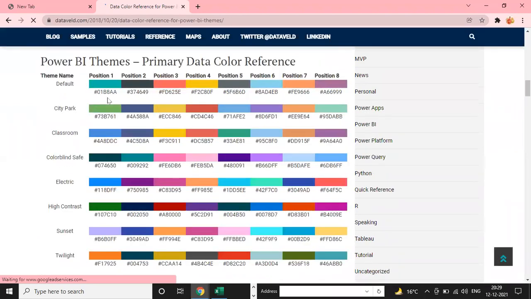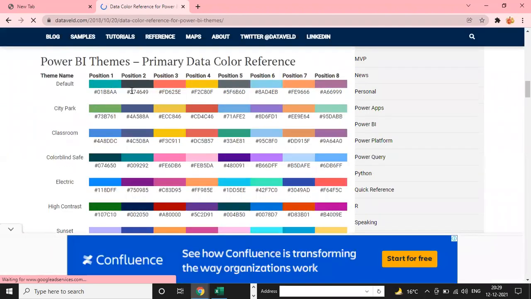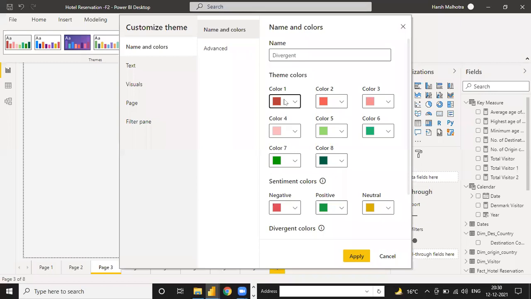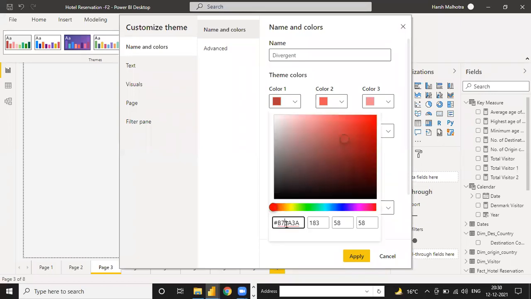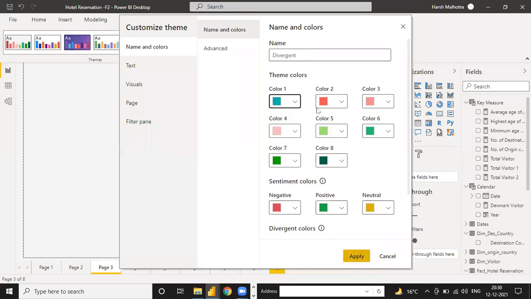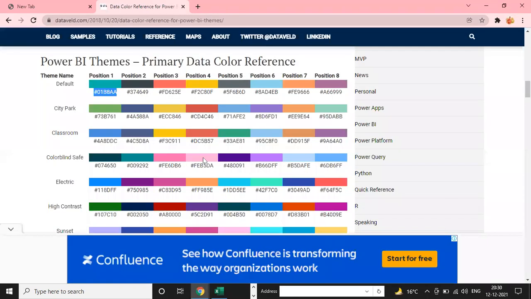See, here is a data color. Suppose if you want to use this theme for your data, then you can use this number. This is the number of the color. Okay, and you can change it here. Go here and then select this number. So the theme will automatically change, and then apply. The color is automatically changed. If you need to change any theme, you can directly go to Google and select whichever theme you want.